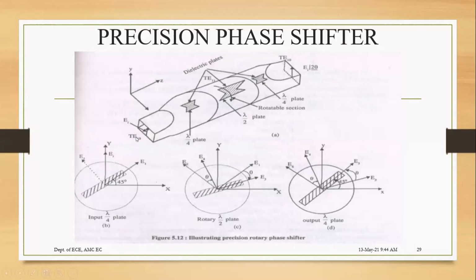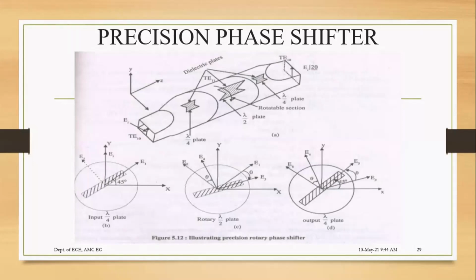Now, when you give TE10 mode to this section, when it goes to the circular section, it will be TE11 mode. Again, coming back to the rectangular section, it will go to TE10 mode. Now, EI is the incident wave which you are giving to the first section. The general principle of your rotary phase shifter is, when you give TE11 mode incident field, that is EI, as input to the quarter wave section,